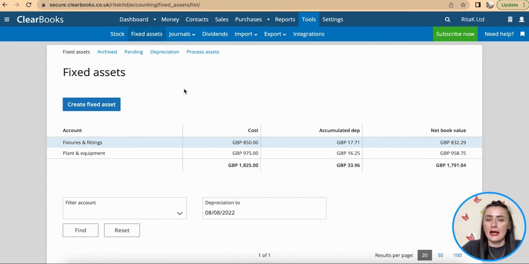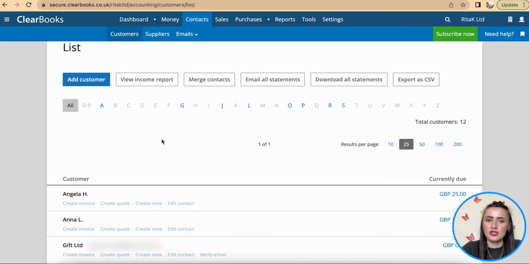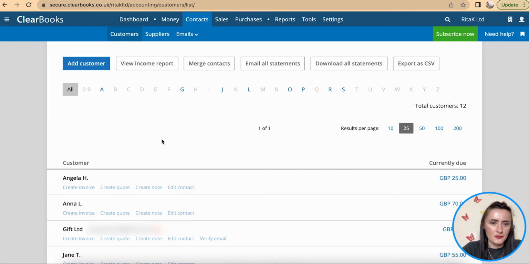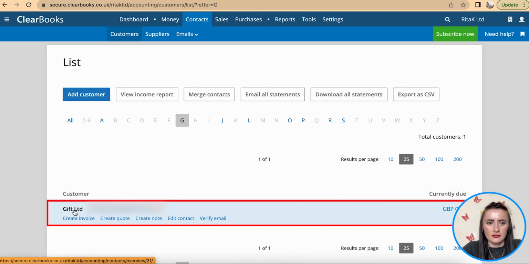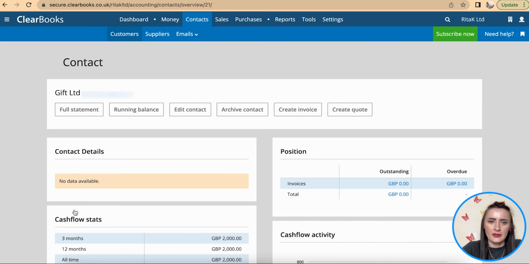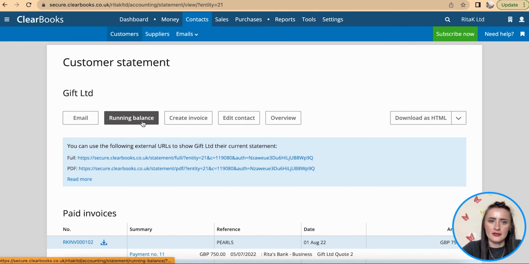Okay, and now how I can send a statement to customers. So I can go to contacts and click on customers and select the customer to which I want to send a particular statement. So for example, I want to send a statement to Gift Limited. So if I click on this customer, I can look at the full statement, and here I can,